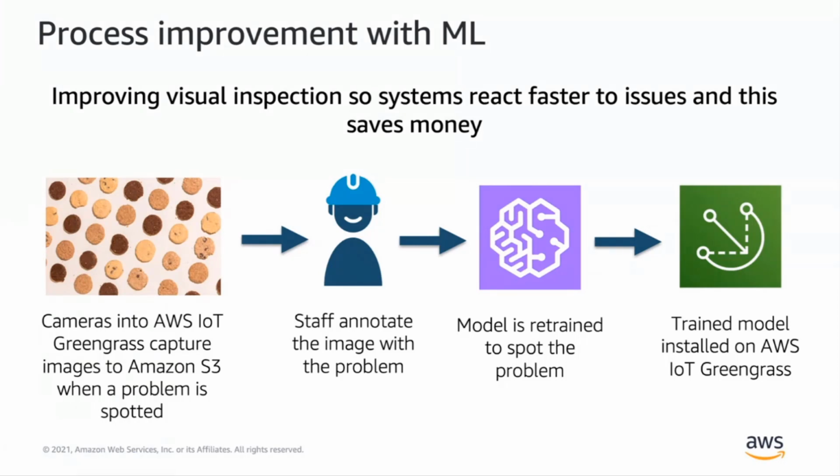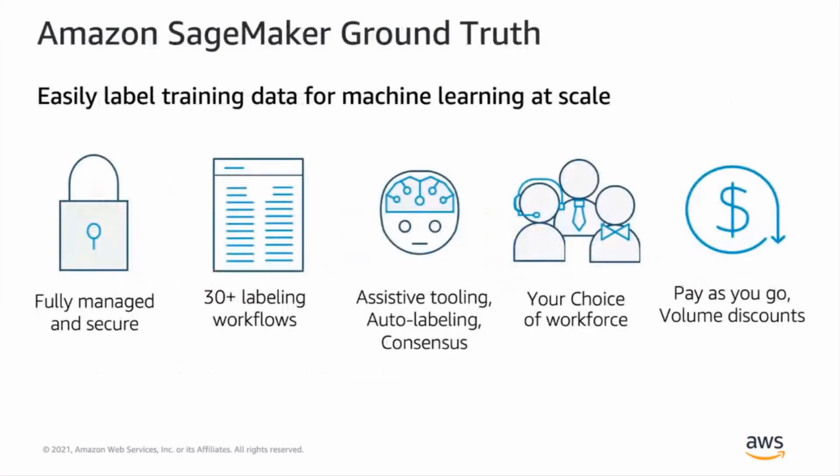We can train it in the cloud based upon the data that we've got, all the images, and then we can move that trained model back to the edge to actually stop and start production based upon issues coming out. All right, because we don't want to spend a lot of money on cookie dough that needs to be thrown in the bin. So that service is SageMaker Ground Truth, and this is edge labeling,